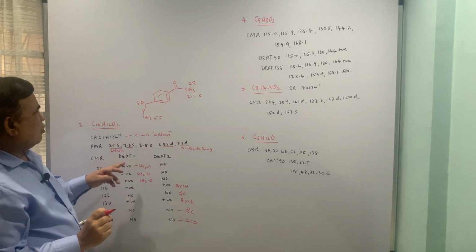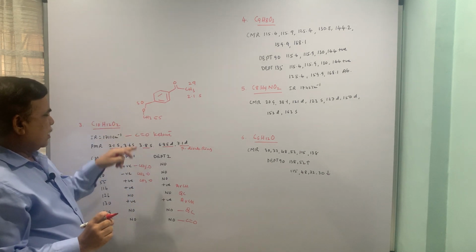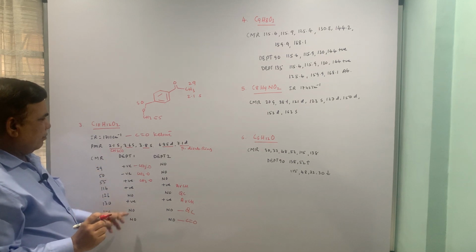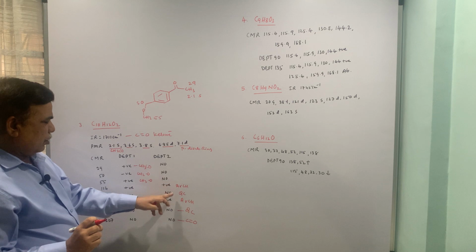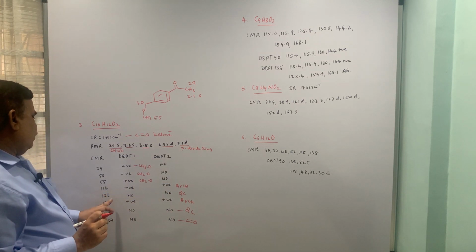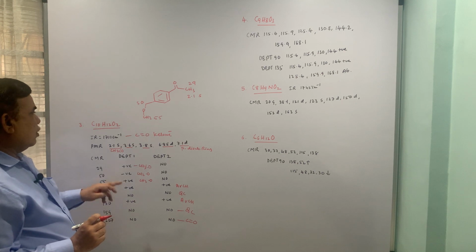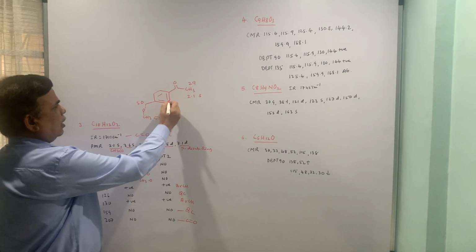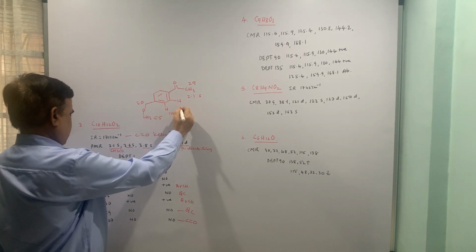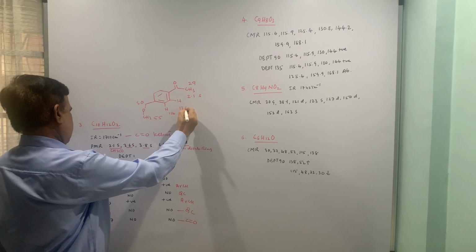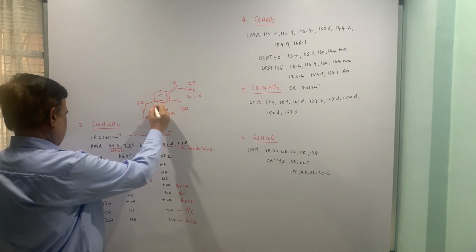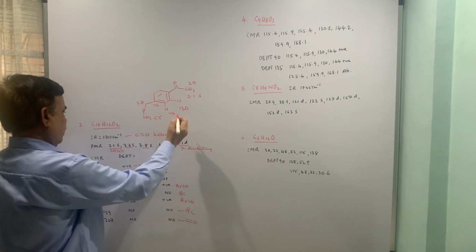Negative is CH2, positive is CH3 according to DEPT 135. DEPT 90 shows that there are 2 sets, 114 and 130 as 2 carbons. So I will just put 114 here and 130 here. Then this is 126 the quaternary,